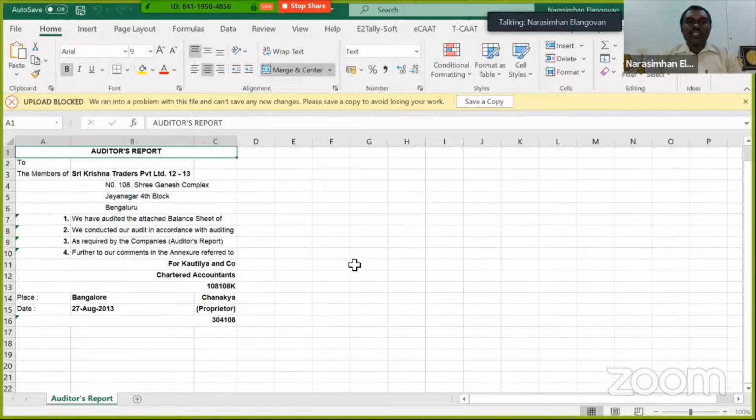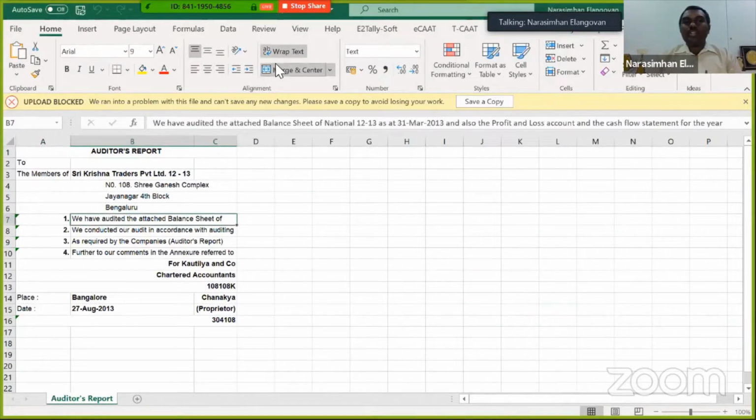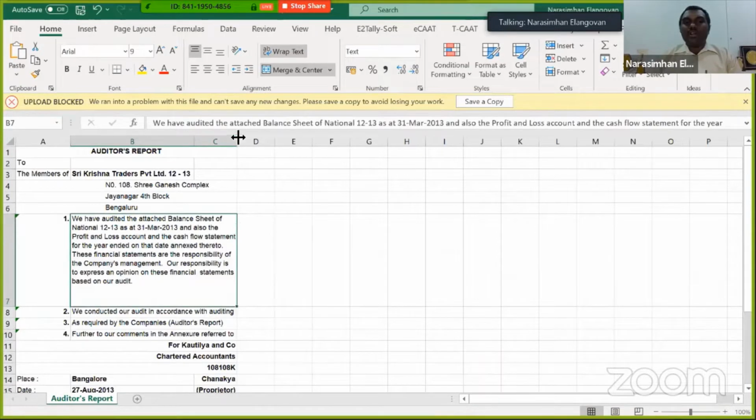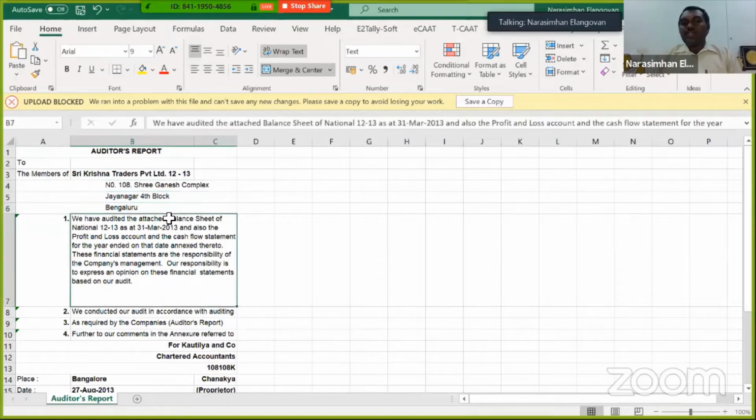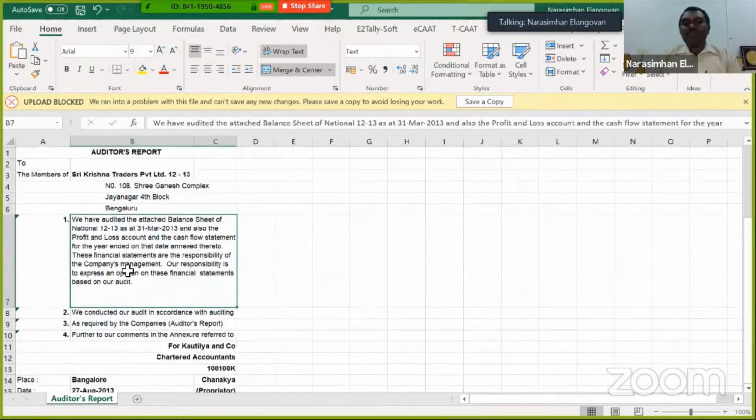Okay, so look at this. Of course, I've not configured anything, but you can see how the report is. Now you just have to spend a few minutes configuring this or doing some basic formatting, which anybody in your office will be able to do. They also mention the name of the company and the members. Correct. They also speak about the address. So your only question is, how do you want to customize it? To some extent, this information is available.